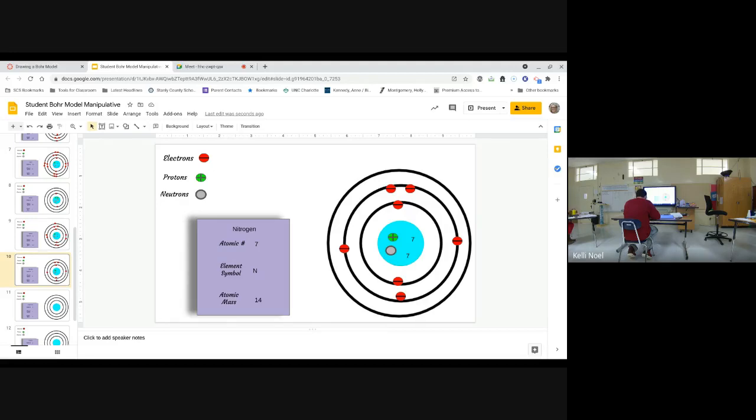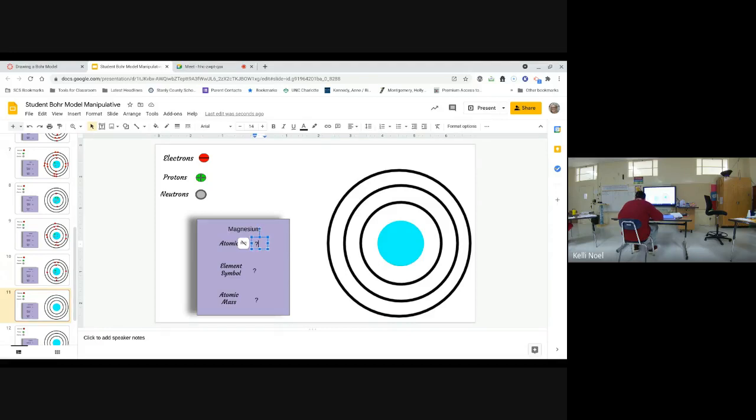There's 5 on that second one. You got it? All right, so number 11, magnesium. It's on the left-hand side. 12, Mg, and 24 because it's 24.3. Capital M, little g, and